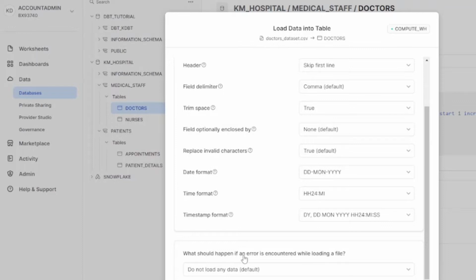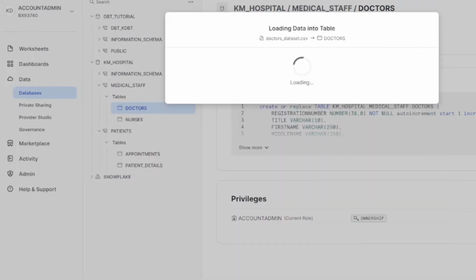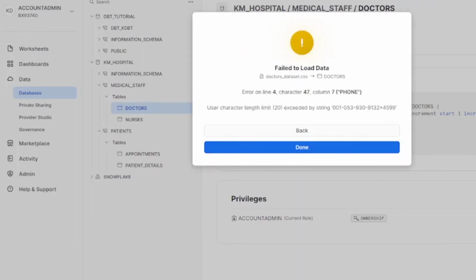What should happen if an error is encountered while loading a file? Don't load any data, default. Only load valid data from the file. On error, continue. On error, abort statement. I'm going to say on error, abort statement because I want to make sure, but you are absolutely free to choose whatever works for you. So I'm going to click load. No. Okay, so if it isn't the consequences of our own actions: user character length limit 20 exceeded by string